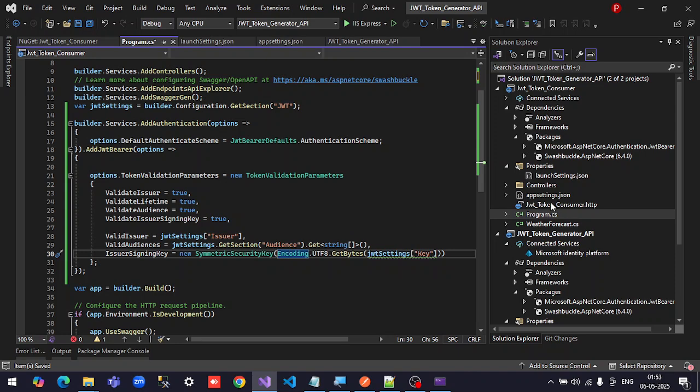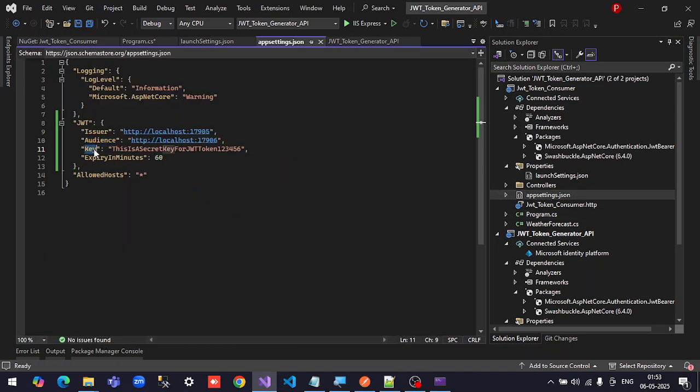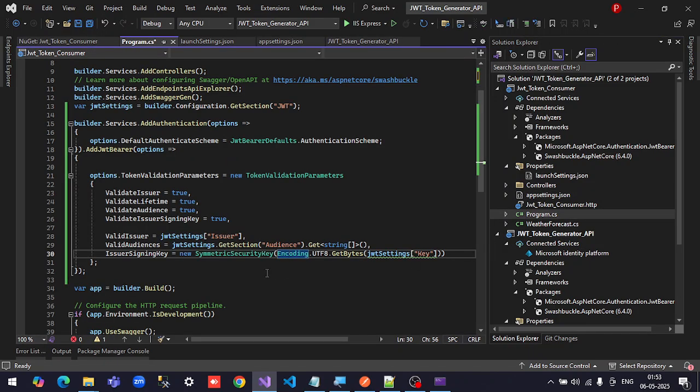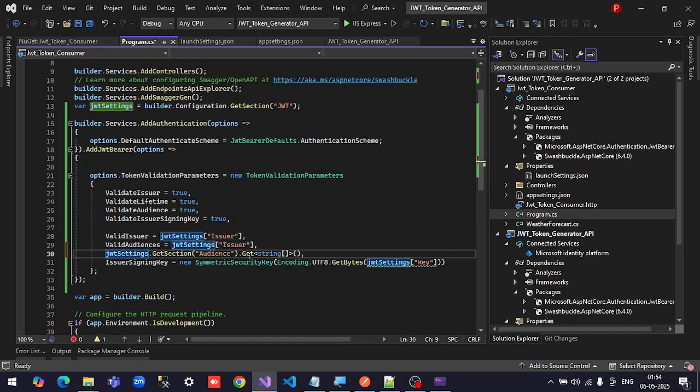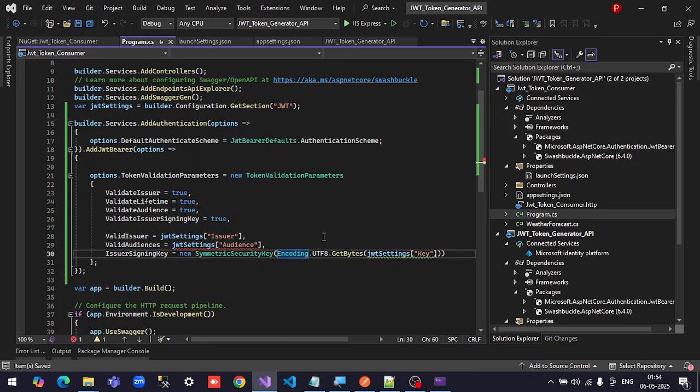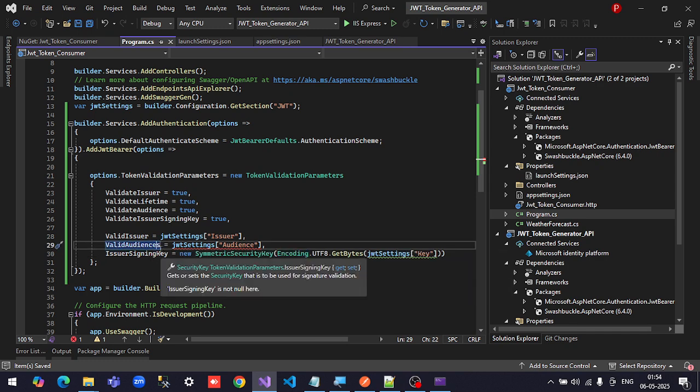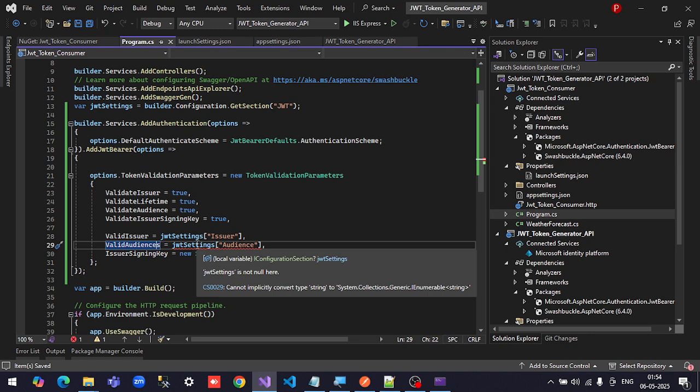Well, we have appended all the key audience, and here one correction: for audience we are having only a single parameter, but in our program we are reading it as an array. So here I will modify it in this way. So audience, valid audiences, JWT settings,